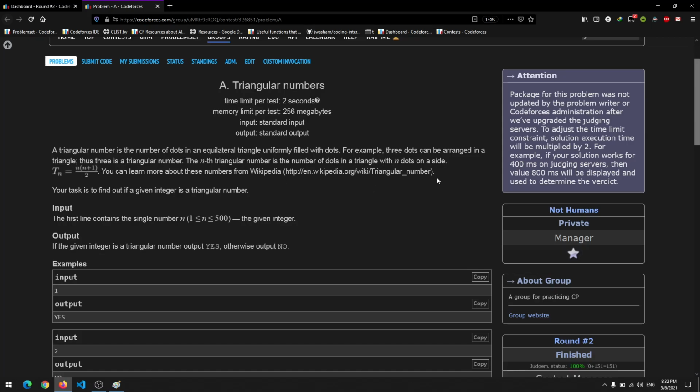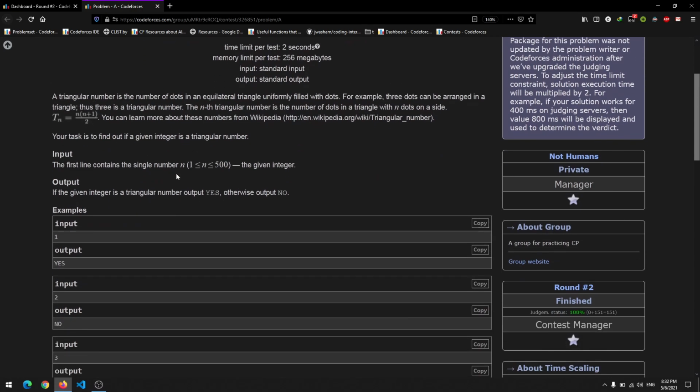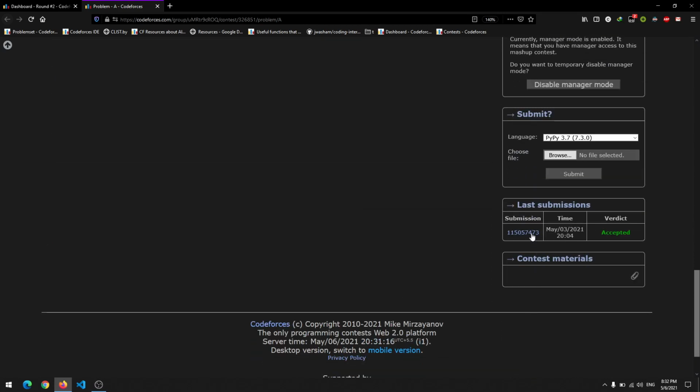They actually cared for you and gave you a formula to calculate that, so you don't need to visualize this triangle at all. You just calculate how many triangular numbers are possible within a given range. Now you can see n is 500, so you don't need to think much about it. You just run a simple for loop until that range, and find all the triangular numbers, check if they satisfy this range, and then you're good to go. I might have explained something wrong, but basically you have to do brute forcing, and then you'll be good to go. Let's see the solution.